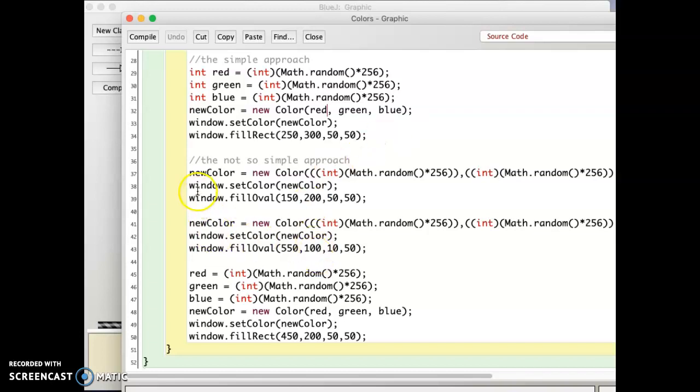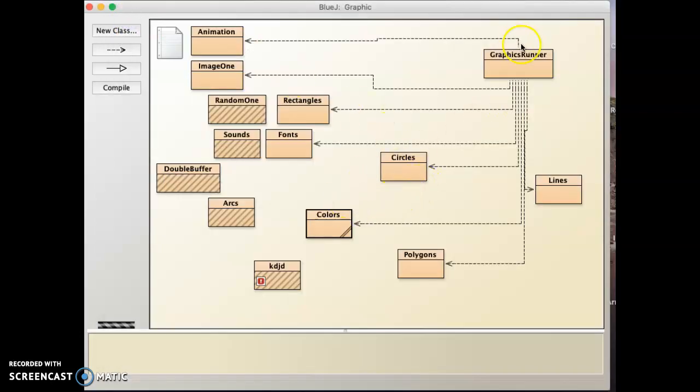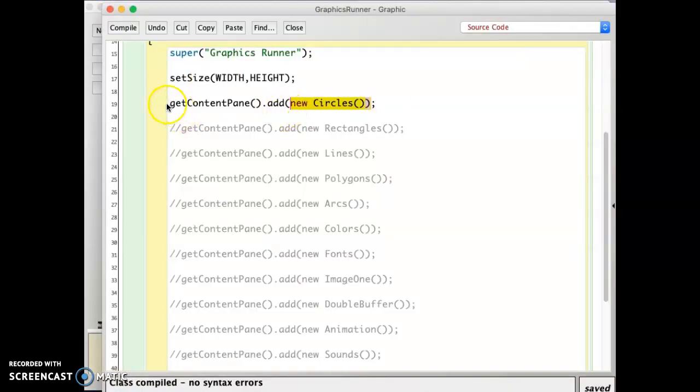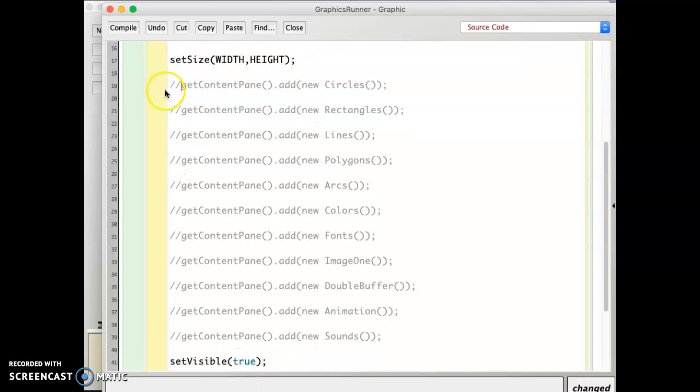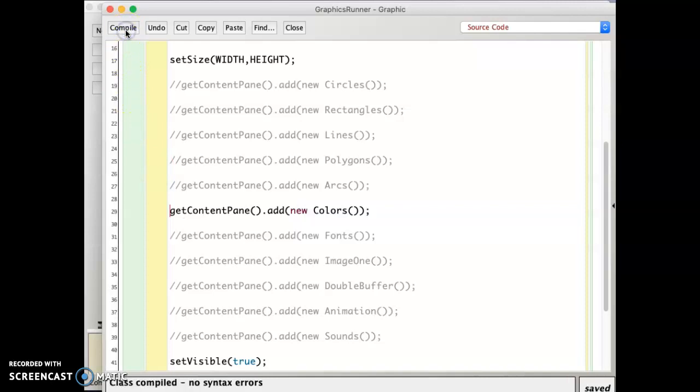Okay, but you're going to be taking all different objects. So here's a rectangle, an oval, filled oval, another rectangle, and you're going to put them all together. So for this particular one, this one was colors. So I can comment this one back out, go to colors, compile that,